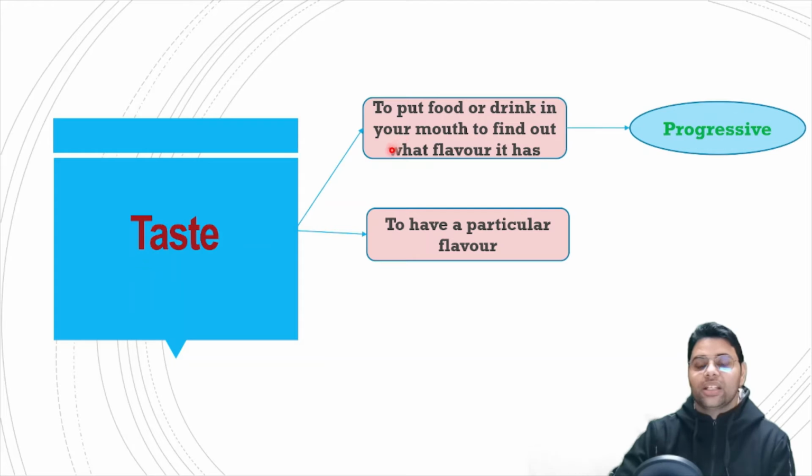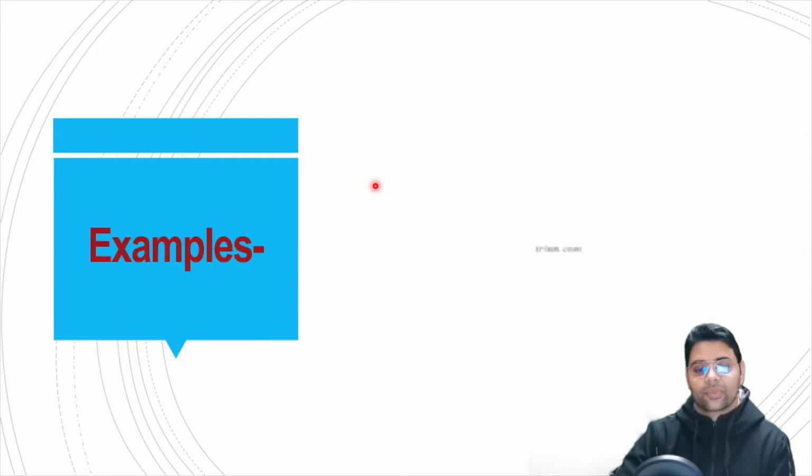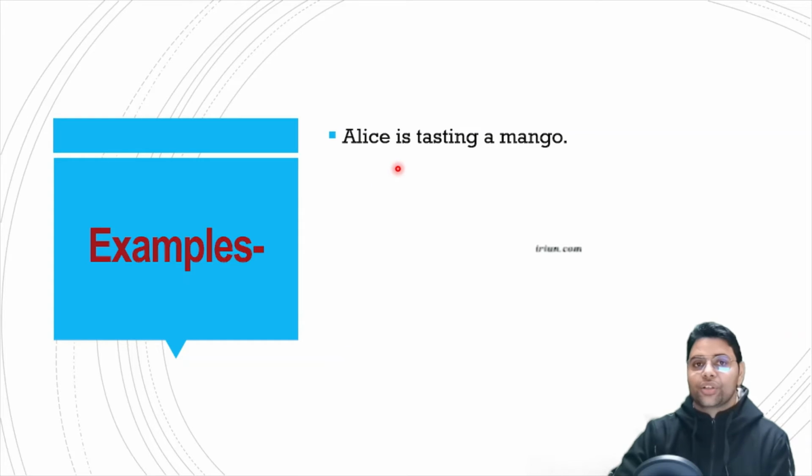So in first meaning it is progressive, but in second one it is stative. So let's understand with the help of some examples. Alice is tasting a mango. So just think of it, how will Alice do it? Alice will have some part of mango in her mouth and then she will feel the flavor of the